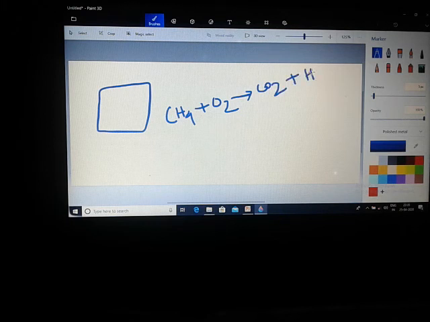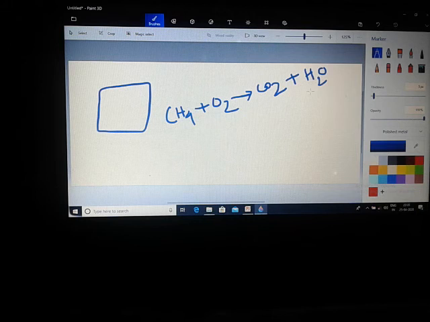See, the law of conservation of mass, in the case of balancing, whenever we do the balancing of an equation, at that time we will follow the law of conservation of mass. So let's balance this chemical equation. See how many carbon atoms are present on the left hand side. It is 1, and on the right hand side, carbon is 1. How many hydrogen atoms are present here? 4, and on the right hand side, it is 2.